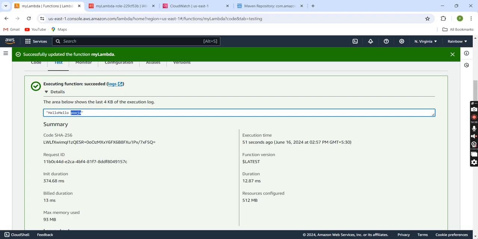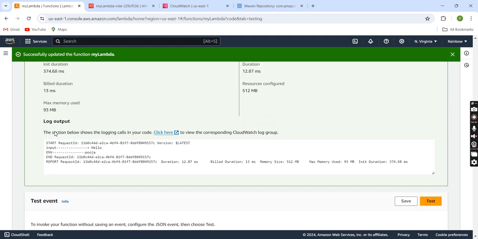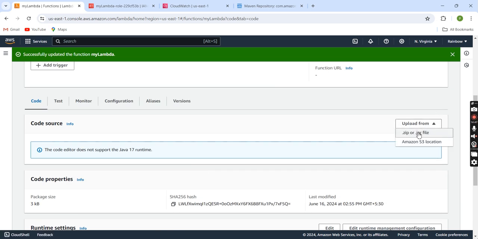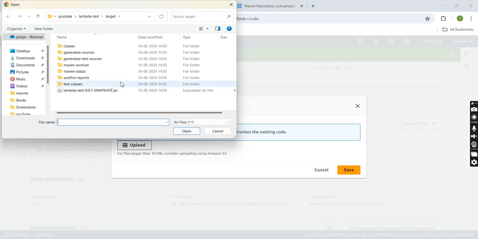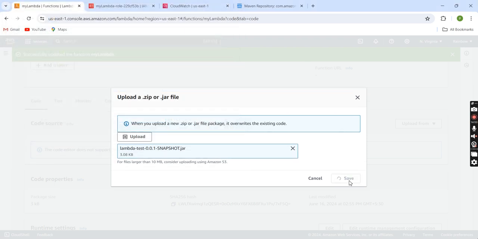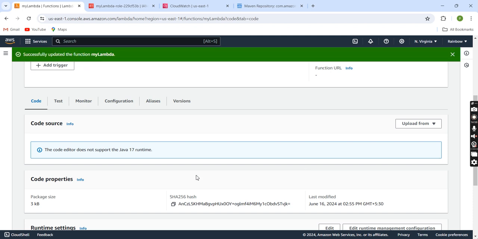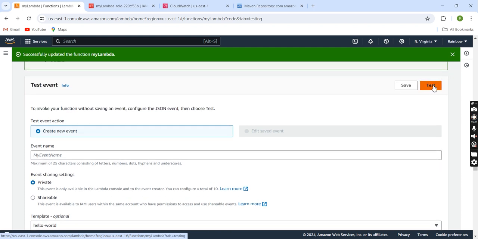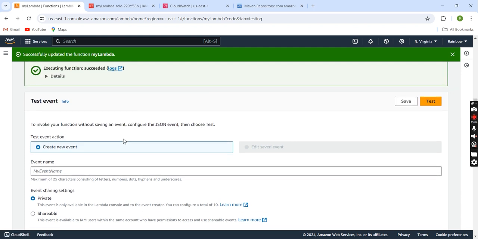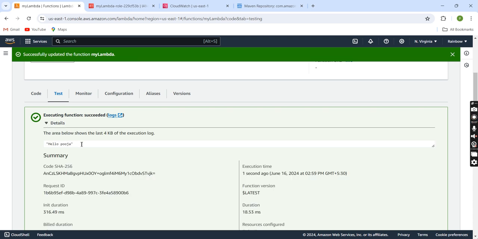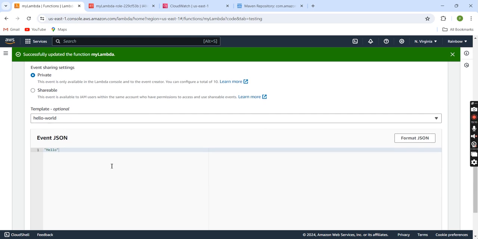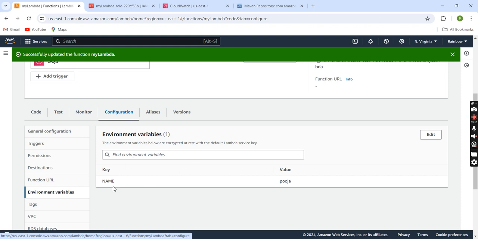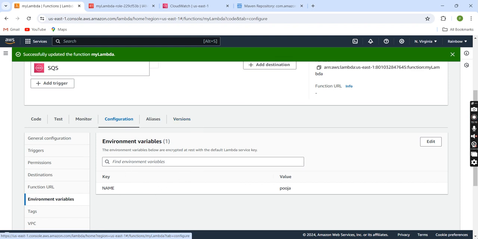Now build success. We'll again go to the code section, and in the code section again we need to upload the new file. It will be the test Lambda. Now it's uploaded. We'll test it with hello. Now you can see hello Pooja here. This Pooja came from this environment variable. So based on your need, you can set some environment variables here, and you can get them from System.getenv